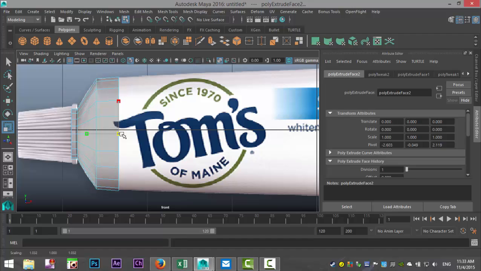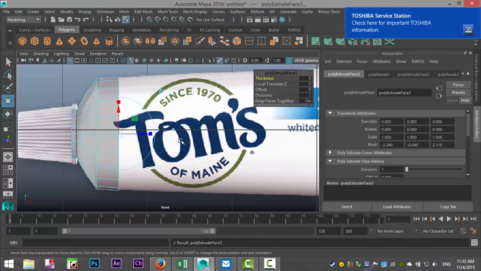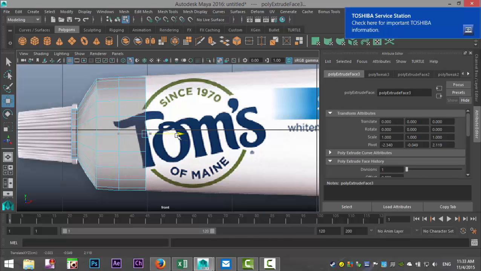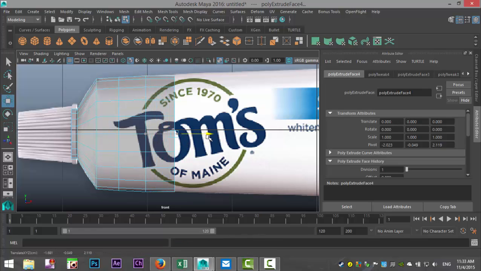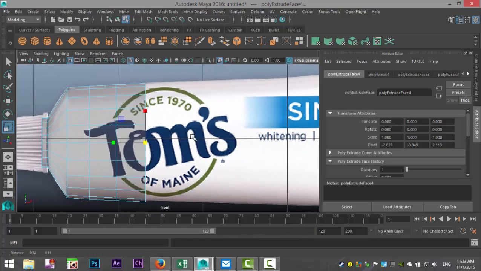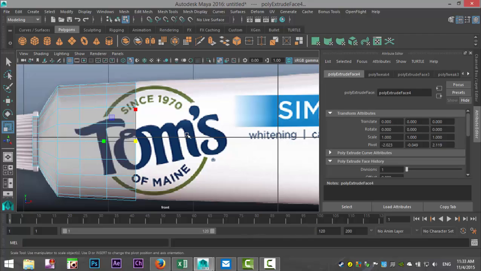So as we do that, we're going to hit R just to scale that a little bit. G to repeat, W to pull out, R to scale, G to repeat, W to pull out, R to scale. And we're just going to focus on the top because our image is probably not 100% symmetrical. Okay, so GW,